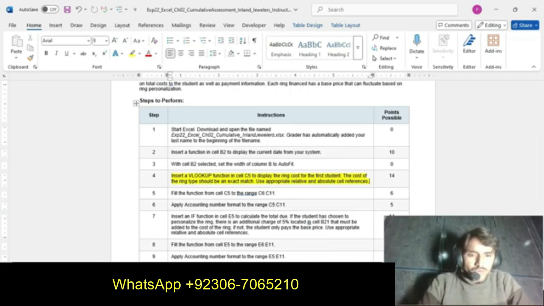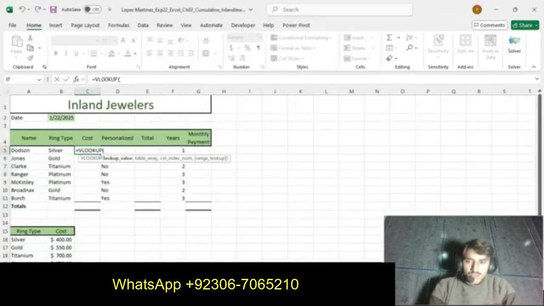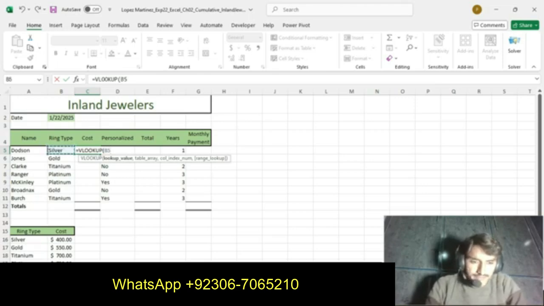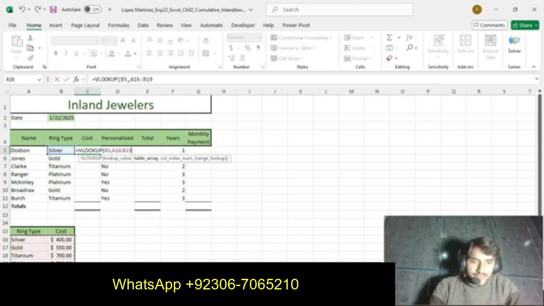Display the ring cost for the first student. The cost of the ring type should be an exact match. Use appropriate relative and absolute cell references. Okay, so we get the cost of the first ring type. We press B5 for the lookup value. Then the table array, which is here. We select this.